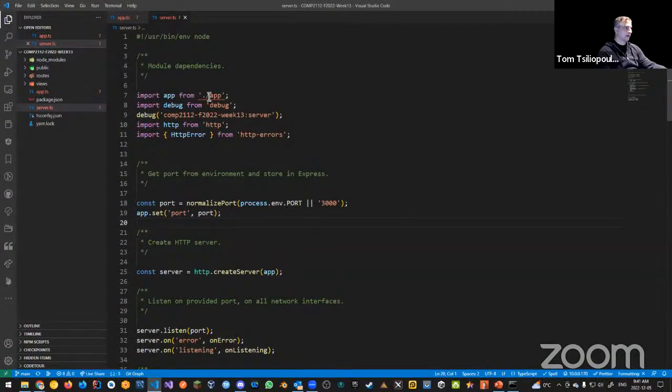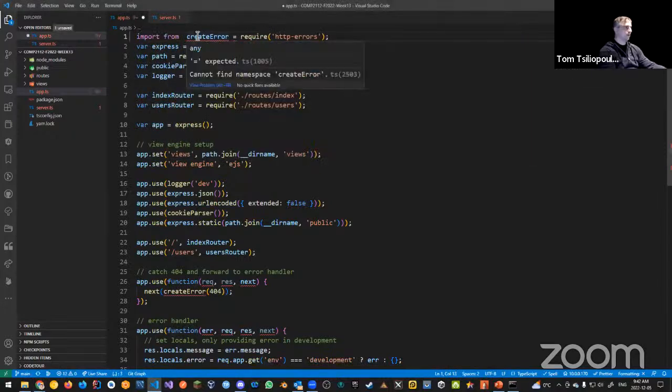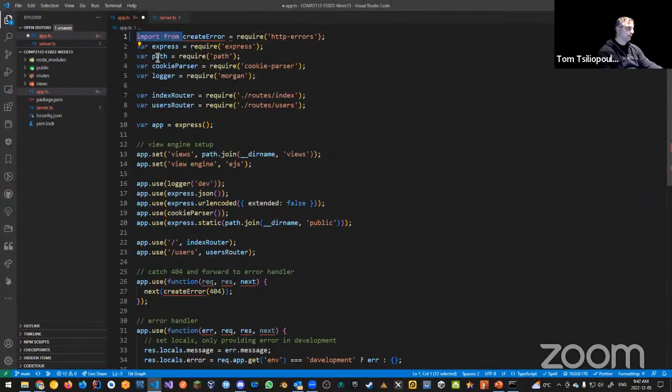Let's fix our app.ts for the most part. There are going to be some pieces to make this all work. Again, I still haven't transpiled. Now, instead of going through and changing all my vars to const and all those kinds of things, first I want to change all of these to import statements. So I'm going to copy this and replace my var with import.